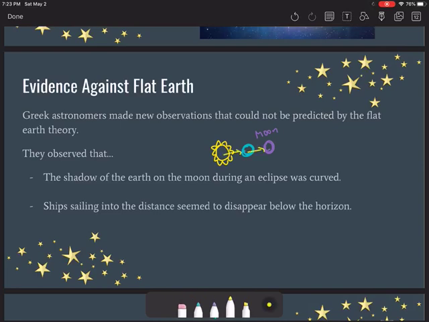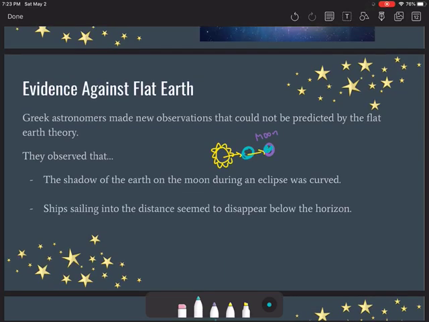the shadow cast on the moon was curved. You could see the edges of this shadowy figure pass across the moon, and it wasn't just a flat, straight line shadow. It was a circular ellipse, a curved shape that passed over the moon. And so the Greeks were saying, hey, if we are on a flat earth, that shouldn't be the case. We should essentially see a line across the moon. But instead they saw this curve, so that made them believe that maybe the earth wasn't flat,